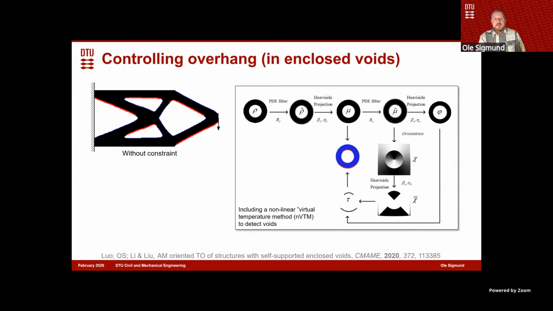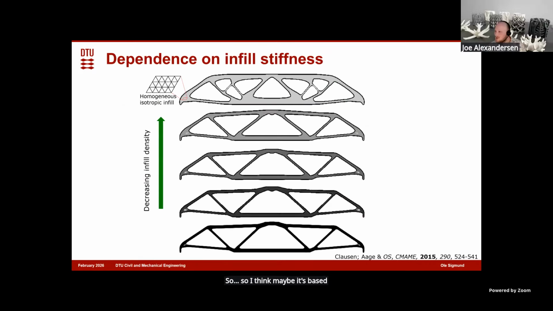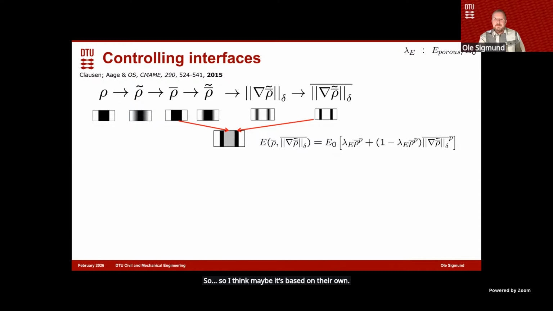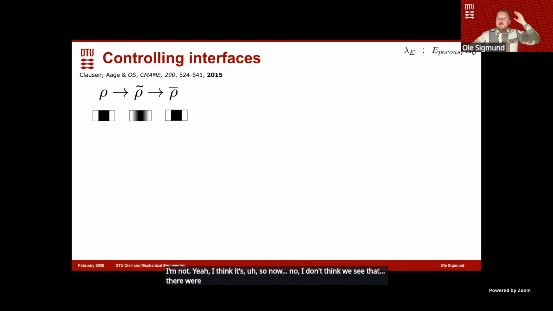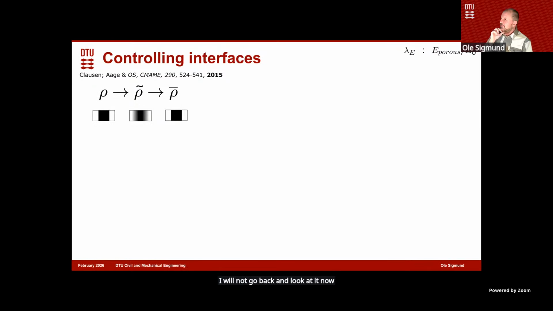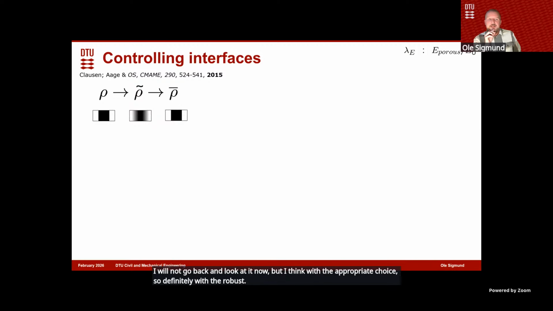I think not. No, I don't think we see that. There was a little bit in one of the examples in the non-robust design. I will not go back and look at it now, but I think with the appropriate choice, so definitely the robust formulation helps there,